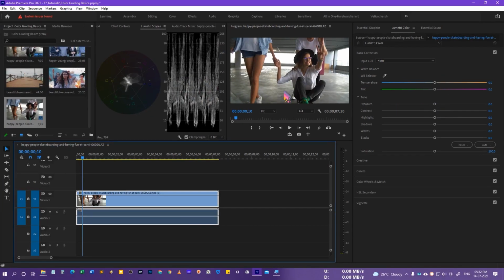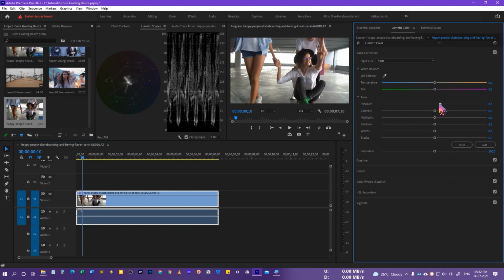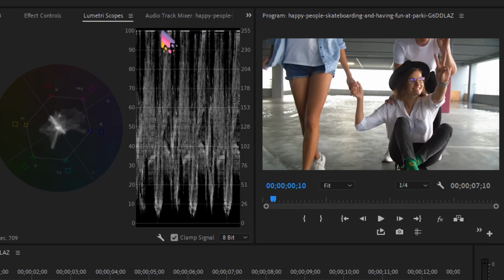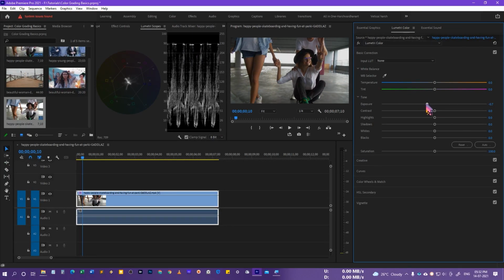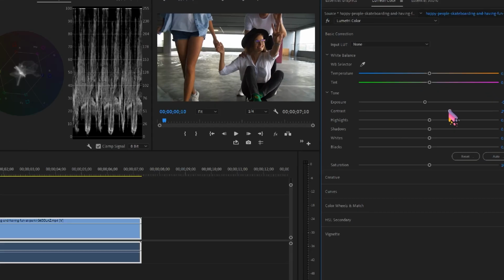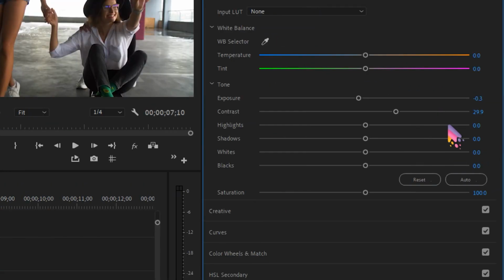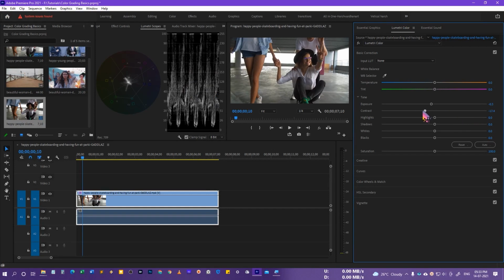Then we have the option of adjusting the exposure right from here. If we increase this slider, you can see it has already touched 100, so that means it already had lots of exposure. So we can bring it down, or adjust it to something like over here, so that it's not going to clip. Then we have the option of contrast, so we can adjust the contrast in the image. Dragging it to the plus side introduces contrast, and if we drag it to the left side, it's going to take away the contrast. That way we'll have the faded look.